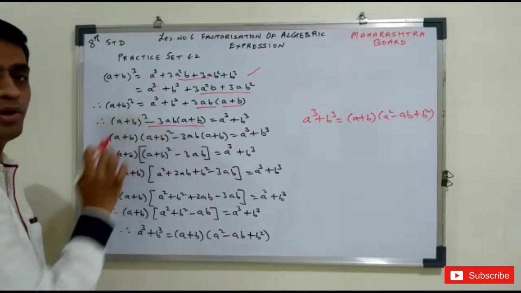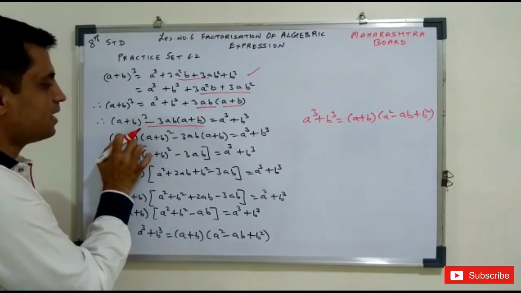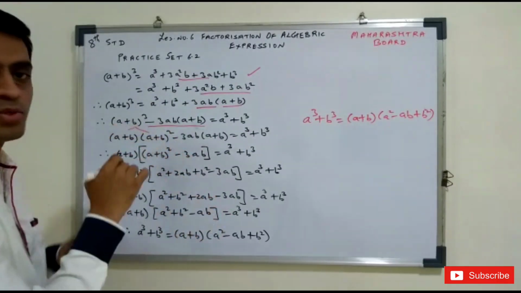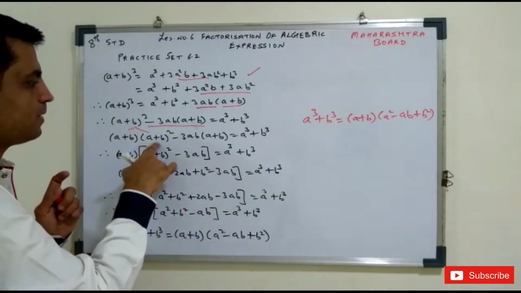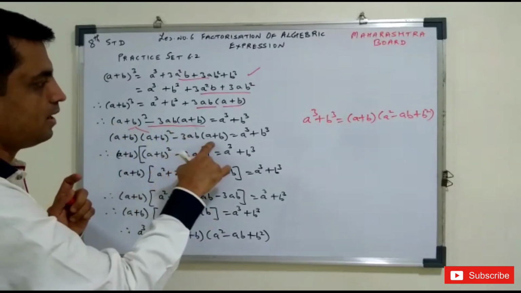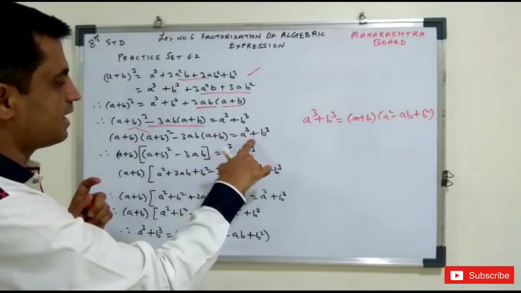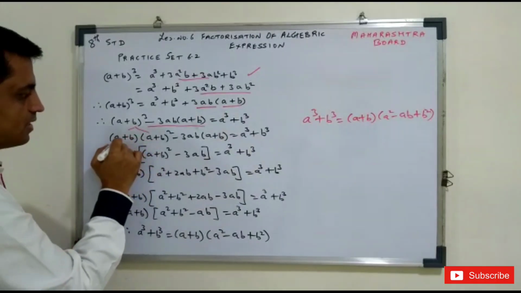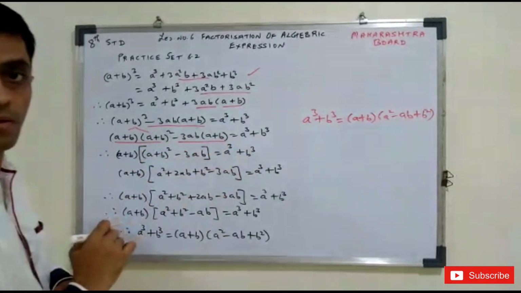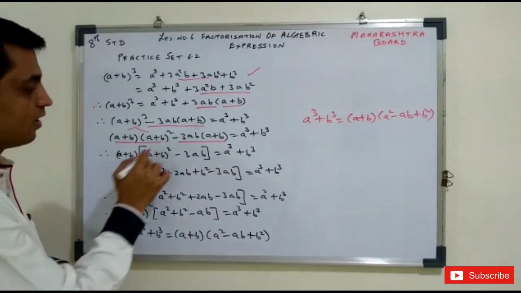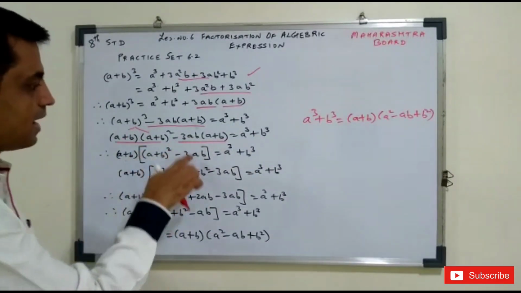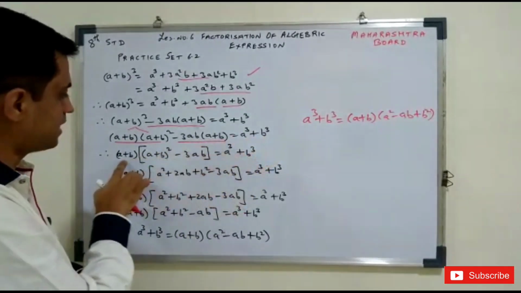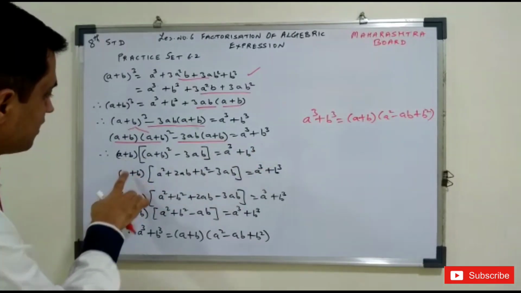Now a plus b the whole cube is there. This can be written as a plus b and a plus b the whole square. We have broken down this part. So the cube is written as a plus b and a plus b the whole square minus 3ab a plus b, and this we have written as it is. After this, what will we do here? From this part and from this part, we are taking out a plus b common. What will be left? a plus b the whole square minus 3ab, and this a cube plus b cube as it is. This a plus b has already gone out, common.